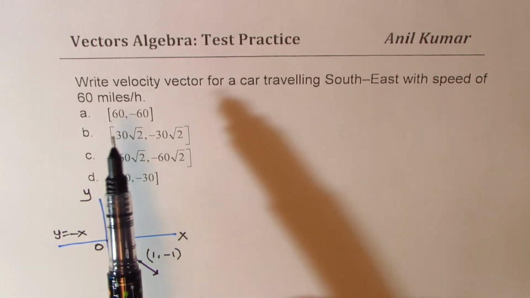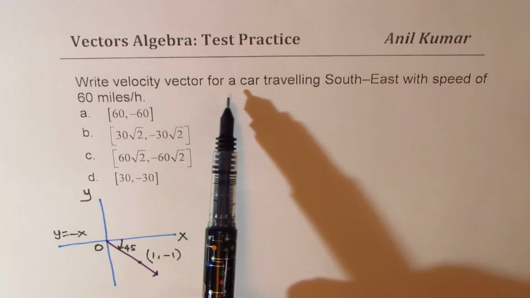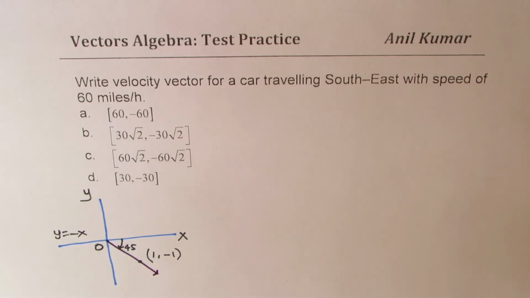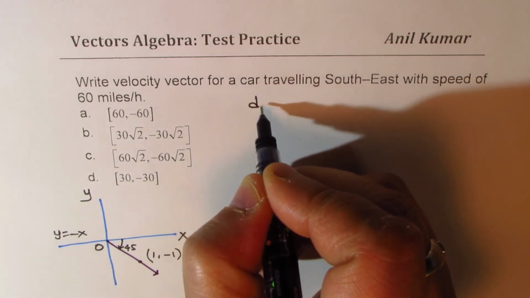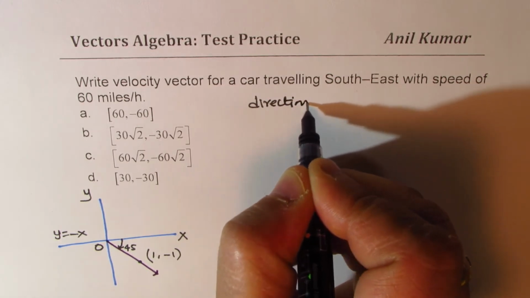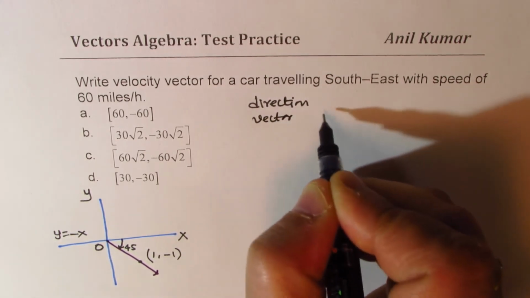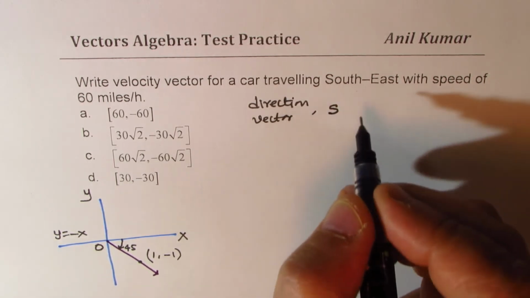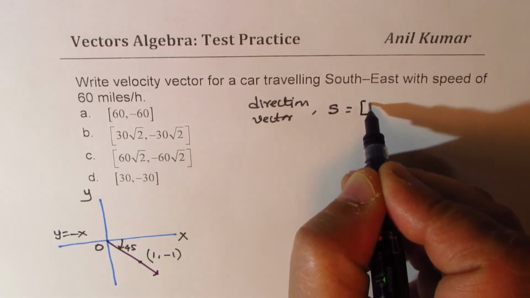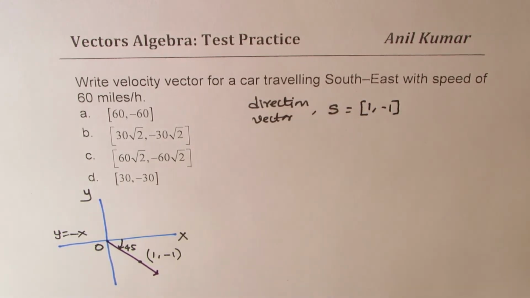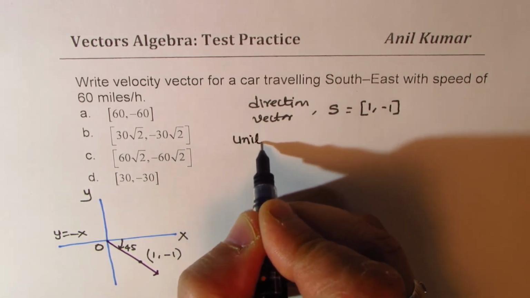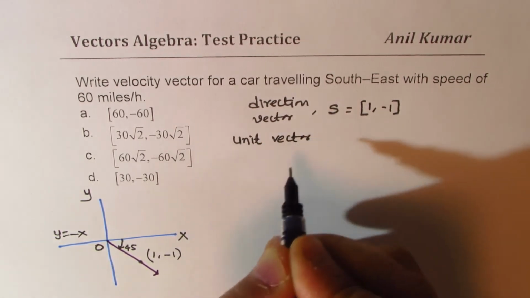Now let's look into the question once again. Write a velocity vector for a car traveling southeast with speed of 60 miles per hour. So what we can say here is that the direction vector, let's say we call this as S, will be 1, minus 1, correct? Now the solution of this question becomes similar to what we did. So what we can do now is to find a unit vector in this direction. So first step is to find unit vector